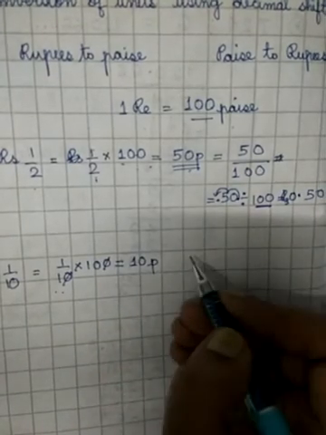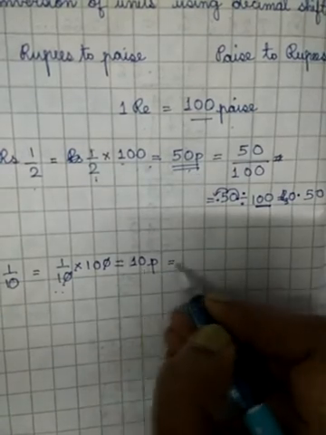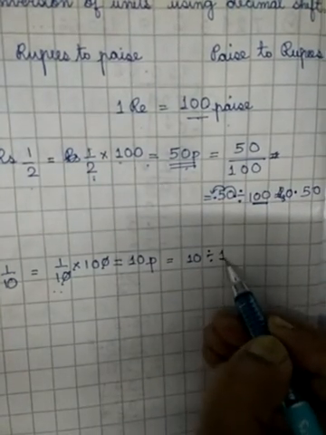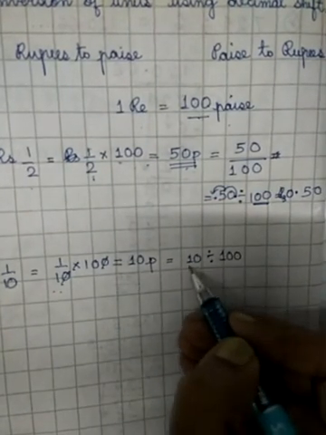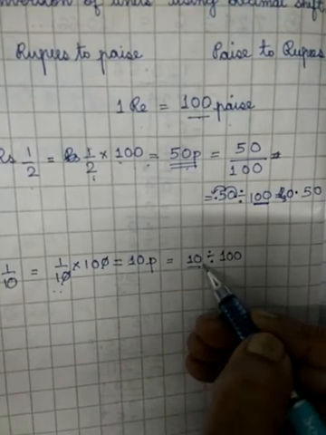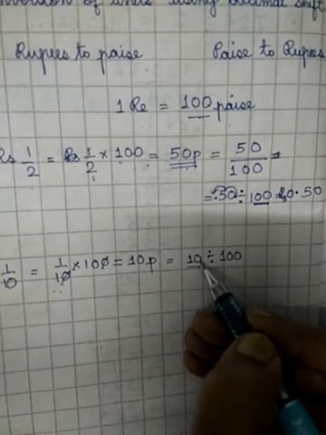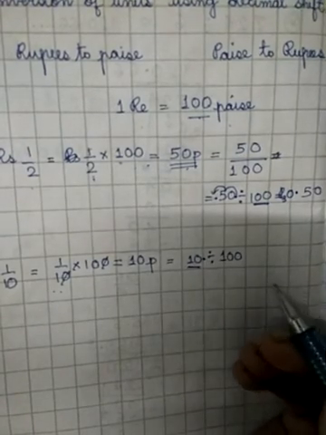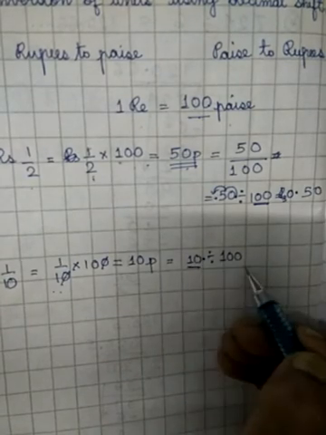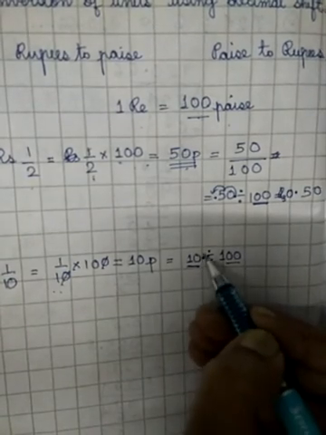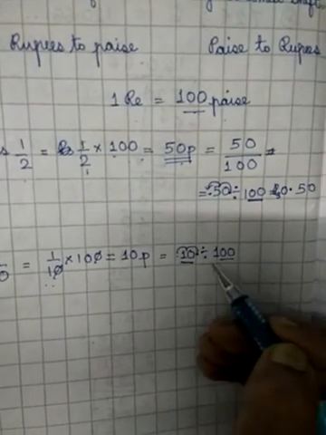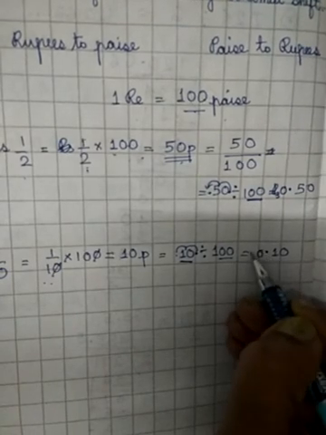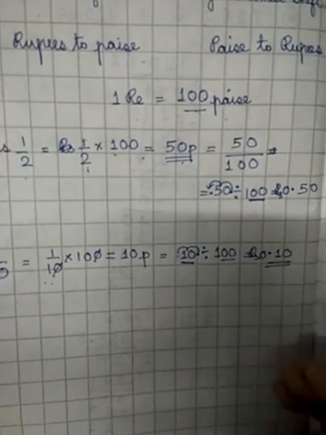Now this 10 paise you have to write in decimals. So 10 paise will be 10 divided by 100. Okay. So there is no point here, children. So don't get confused that there is no point. How to bring the point? If there is no point in a whole number, you remember the point is here. And then you bring it back. So 2 zeros means 2 houses. So 1, 2. The point will come here. So you will get the answer as 0.10. You can put a 0 here and it will be rupees 0.10.